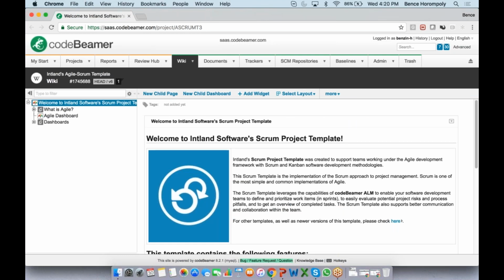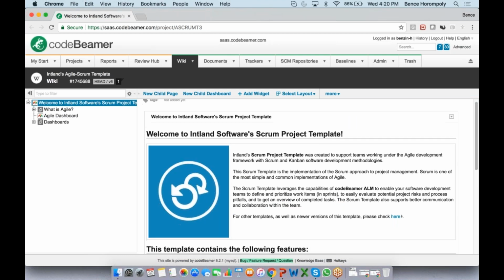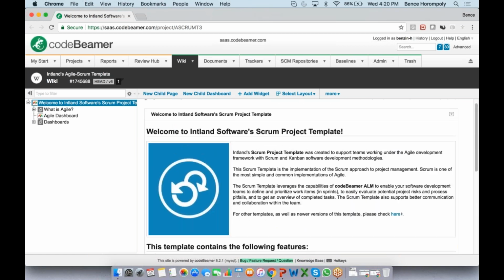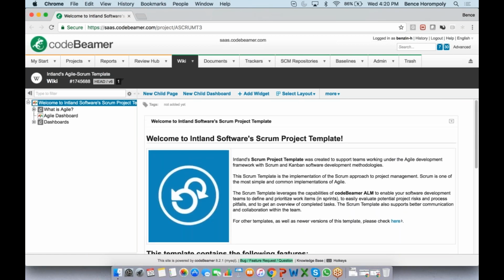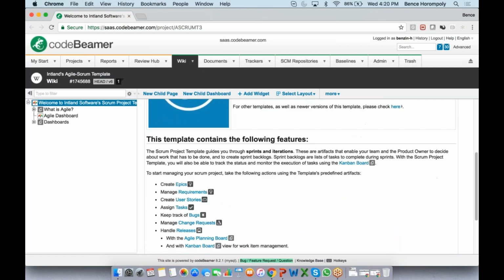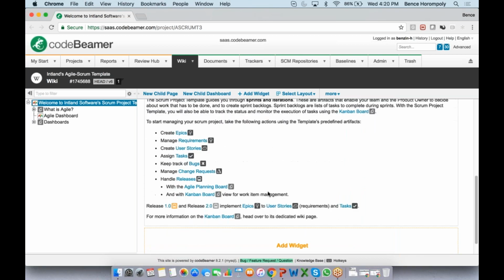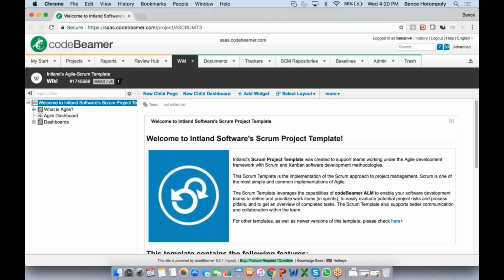So everybody who is a member of this project can see this wiki page, obviously depending on the roles and permissions, but that's a different story. And it's really good for collaboration. So really everybody stays up to date. You can define processes and things like that, links into the system, who needs to do what, create reports and dashboards, and everybody really sees what they need to see here.